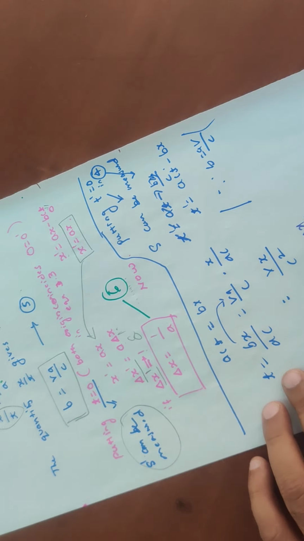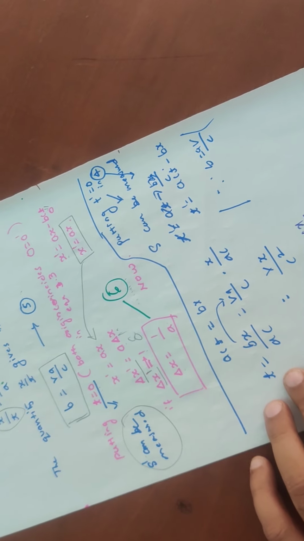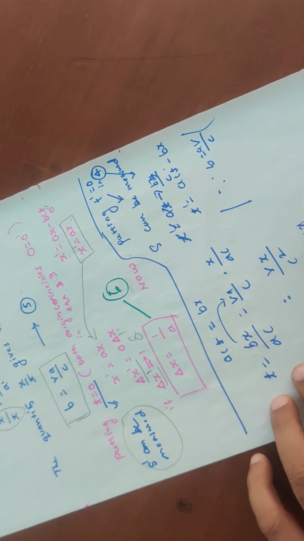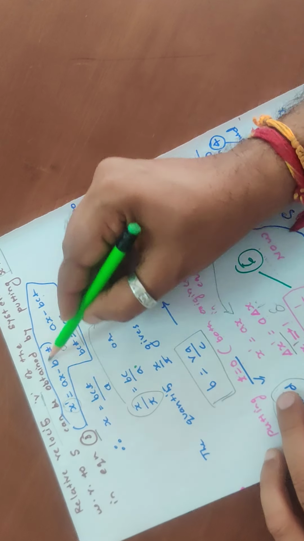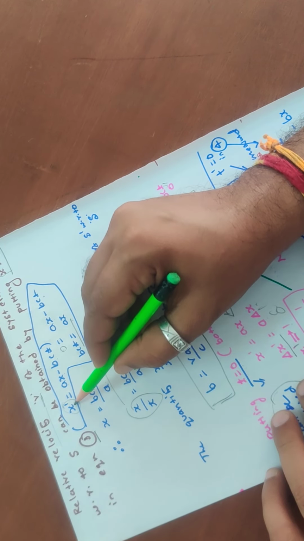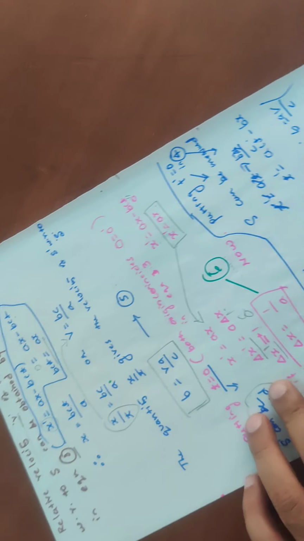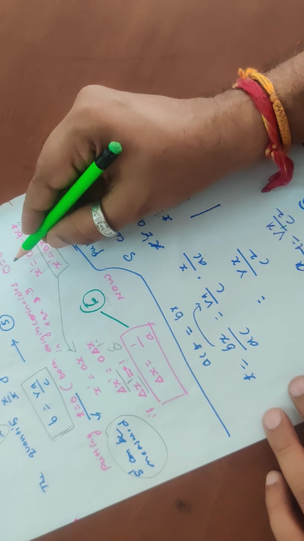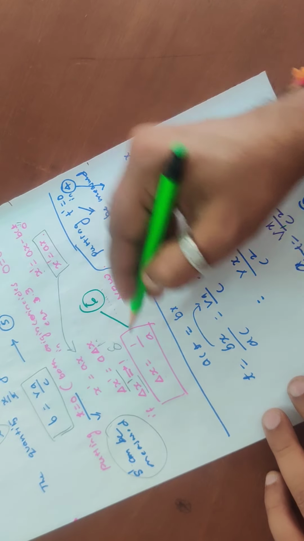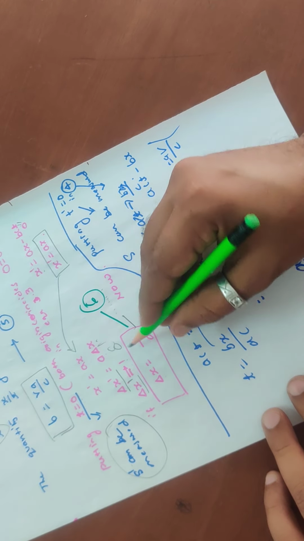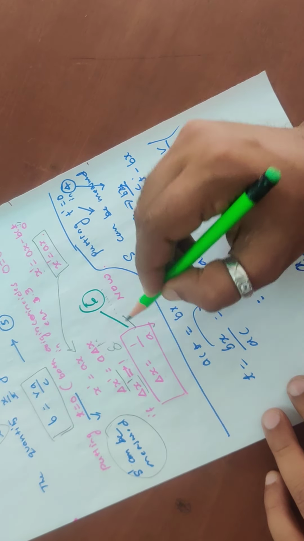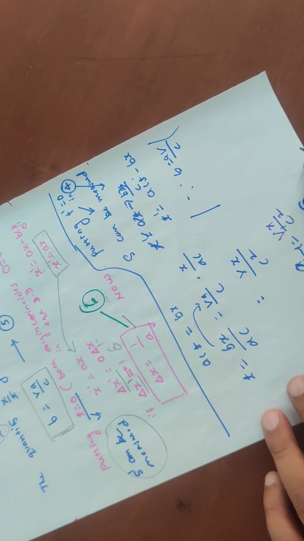Got it? So what did we do? We added and subtracted and got equation number 3 and 4. Then we took the relative velocity, so we substituted x' equal to 0 in equation number 3 and got the b value. Then we took t equal to 0 and got the value delta x equal to 1 by a. That I name equation number 6.